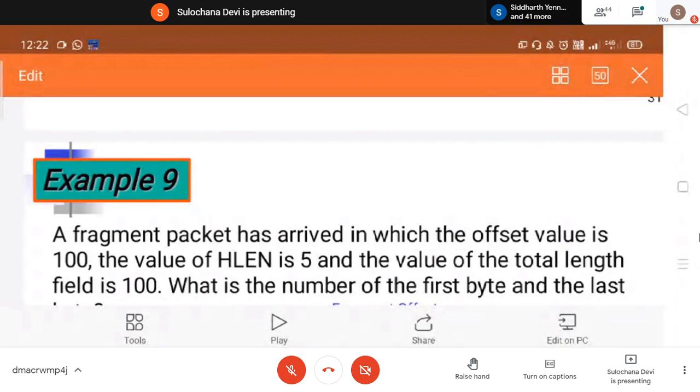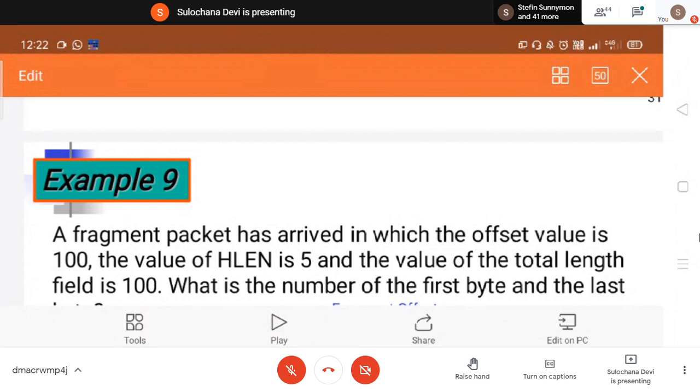If header length is 5, then what will be the header length in bytes? 5 into 4 is 20. And the value of total length field is 100. It means a 20 byte header.